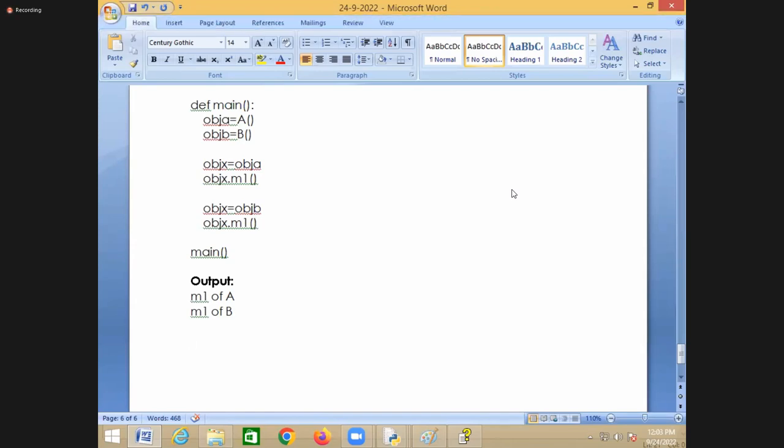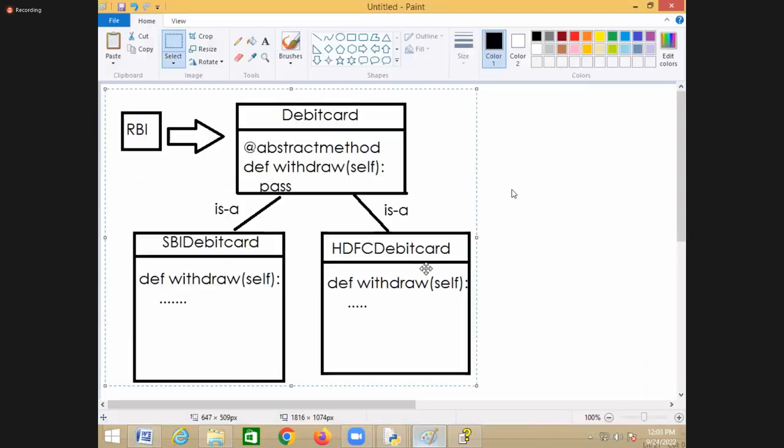When you are assigning the b object to x, it is calling the m1 method of what? B. It's calling the m1 method of B. Right? So the behavior of this variable is changing based on the type of object assigned. If you see this example, like